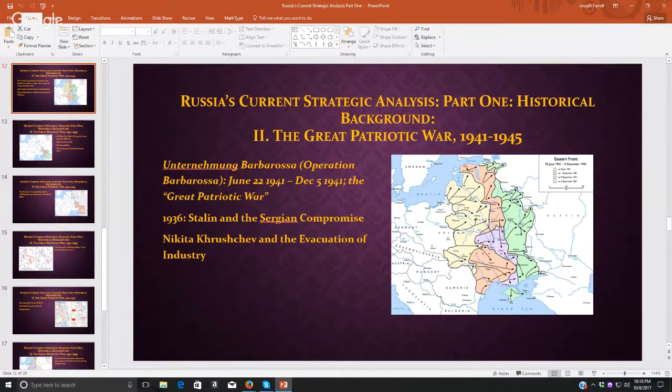You'll notice this big salient here in purple is sticking out into the front line. This is where Hitler makes what many people regard as the strategic mistake of that campaign, because he sends Colonel General Guderian's 2nd Panzer Army southward here to encircle the forces that were still giving him significant resistance around Kiev. The purple indicates the end of the front line, and then by the 5th of December, 2 days before Pearl Harbor,